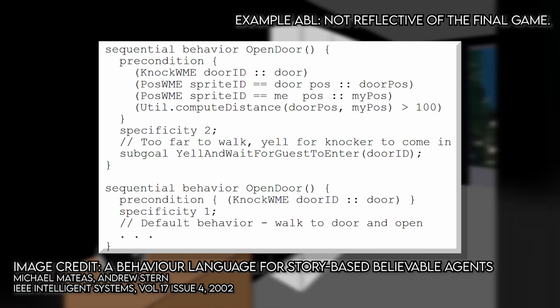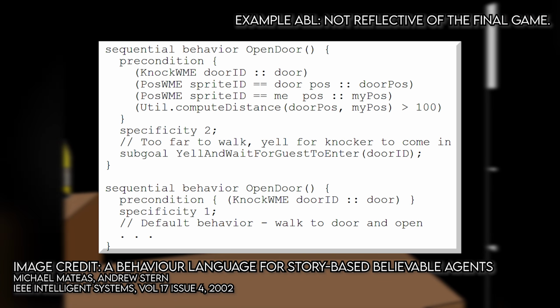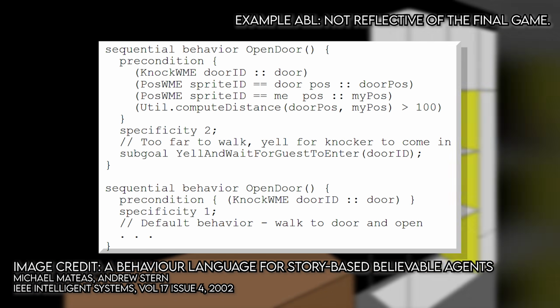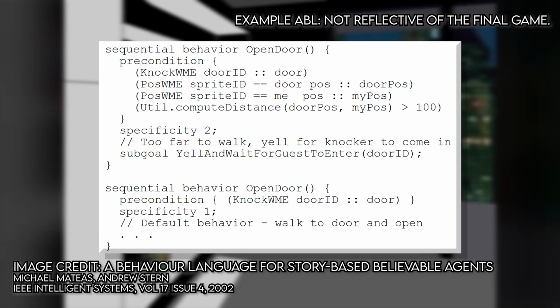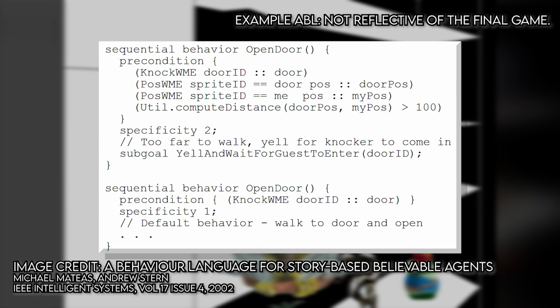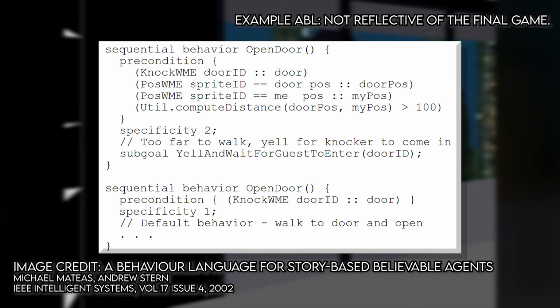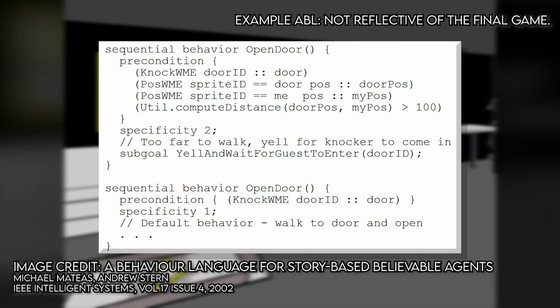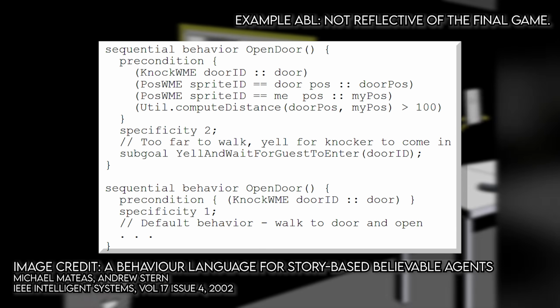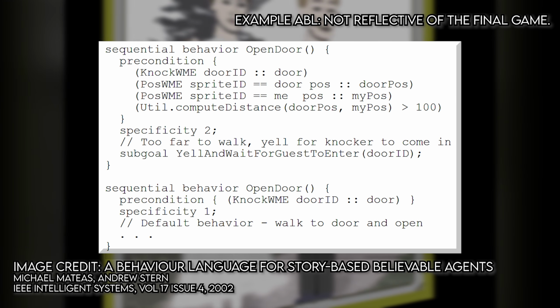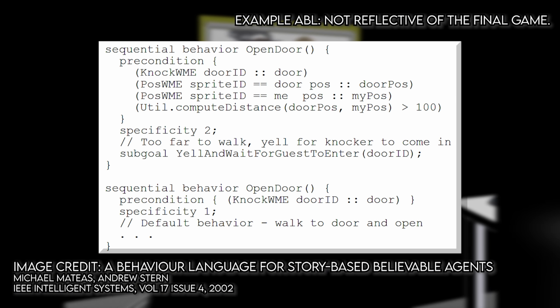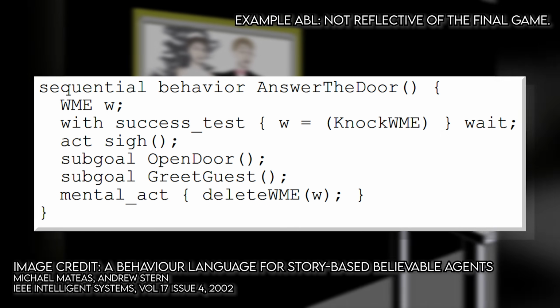If we consider the open door behaviour, the character needs to find the door that was knocked upon and compute the distance. If they're close enough, they'll answer the door. If not, there is a fallback behaviour to tell the player to open it and come in the house. Sub-goals often have more than one way to complete them. Hence you might see Grace and Tripp execute the same behaviour in slightly different ways between each playthrough depending on where they are and what's happening at that time.